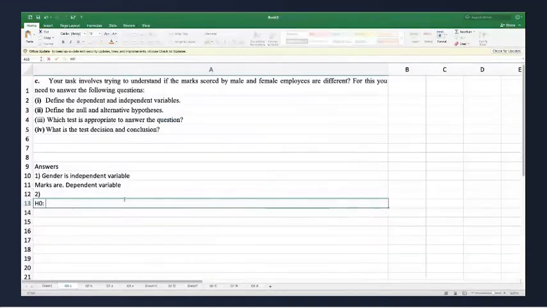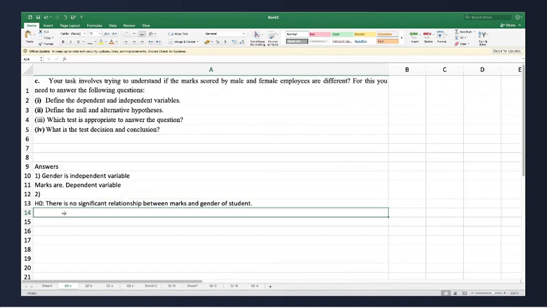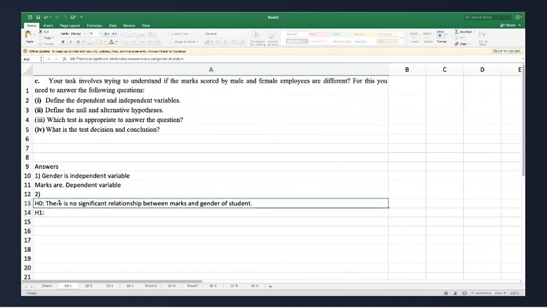So let's write down. Null hypothesis says there is no significant relationship between marks and gender of student. And in H1 you will write down there is a significant relationship between marks and the gender of the student.